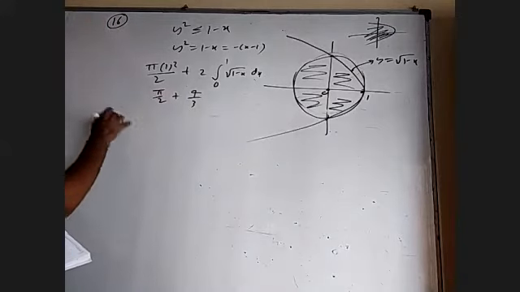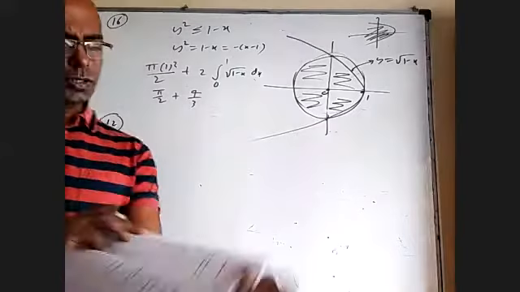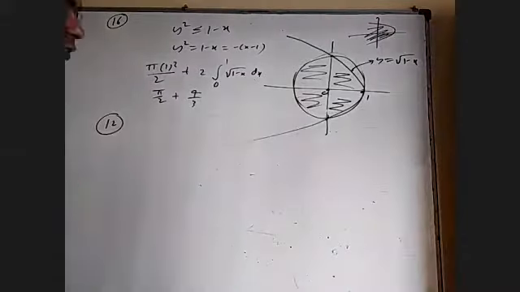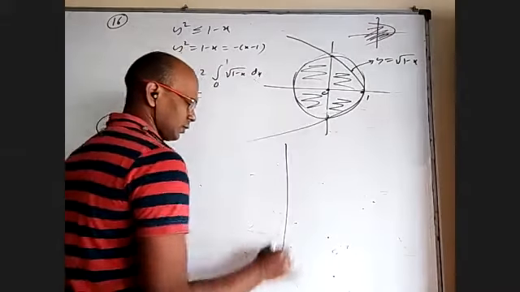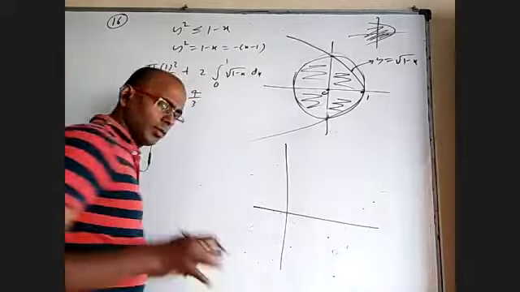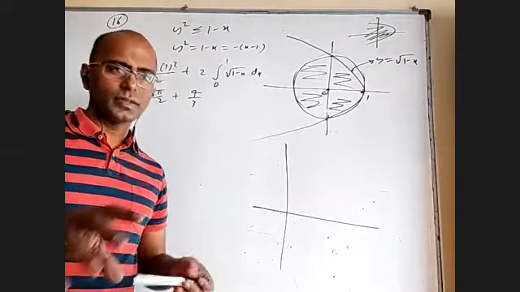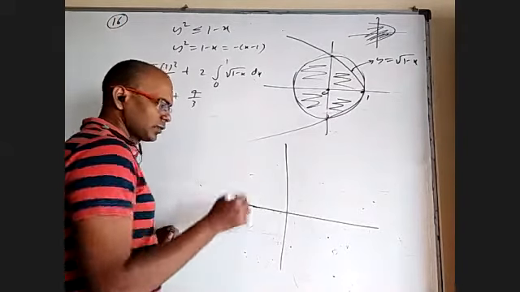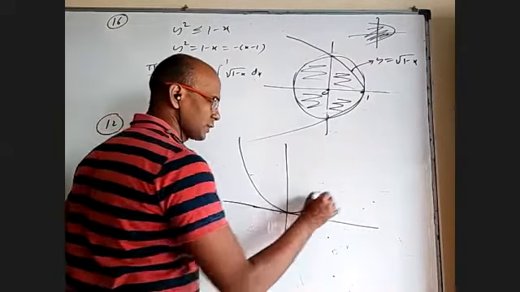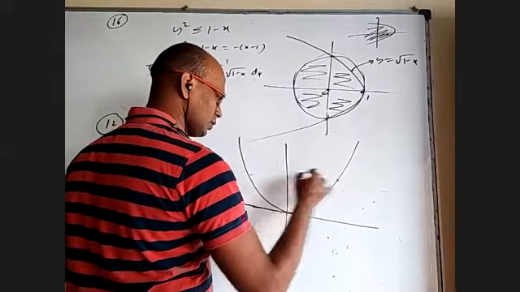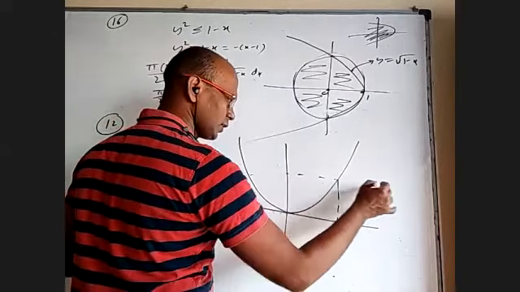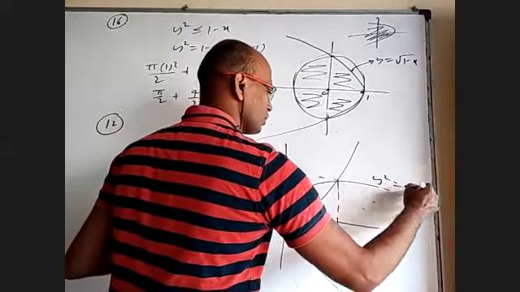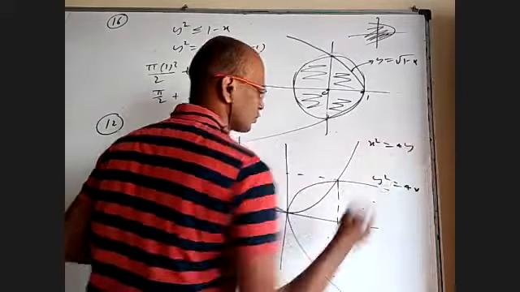Okay, 12th question. This is a passage JEE Advanced question from many years back, maybe 20, 25 years back. Using this question, actually, there is some hint where we can solve a lot of other questions easily. I'm going to tell a little later, but it's a good one. y square equal to 4x is like this, and this is a square, let us say, and x square equal to 4y is like this. This is y square equal to 4x. This is x square equal to 4y.